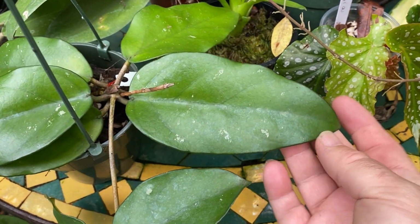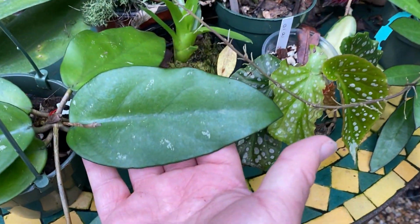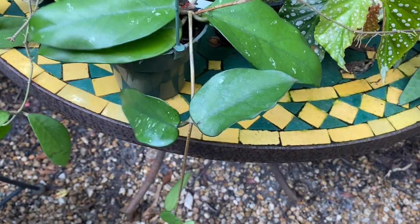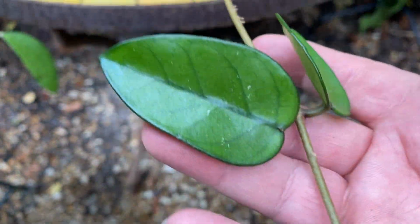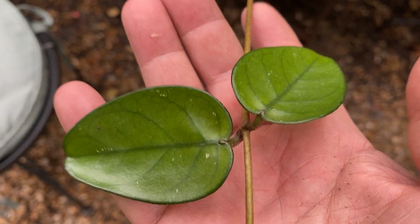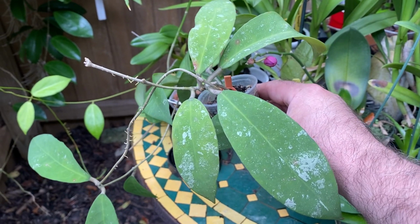When I first got it in the winter, I was able to grow these really, really nice big leaves. They're probably about 6-7 inches long. And it's a very attractive plant, but maybe it's the heat or some other factors here in my garden. As the summer progresses, the leaves keep getting smaller. They're cute, but they're not as showy as when they are grown in winter, I guess. So this is Hoya Boni, and here is Hoya Ruthier, and